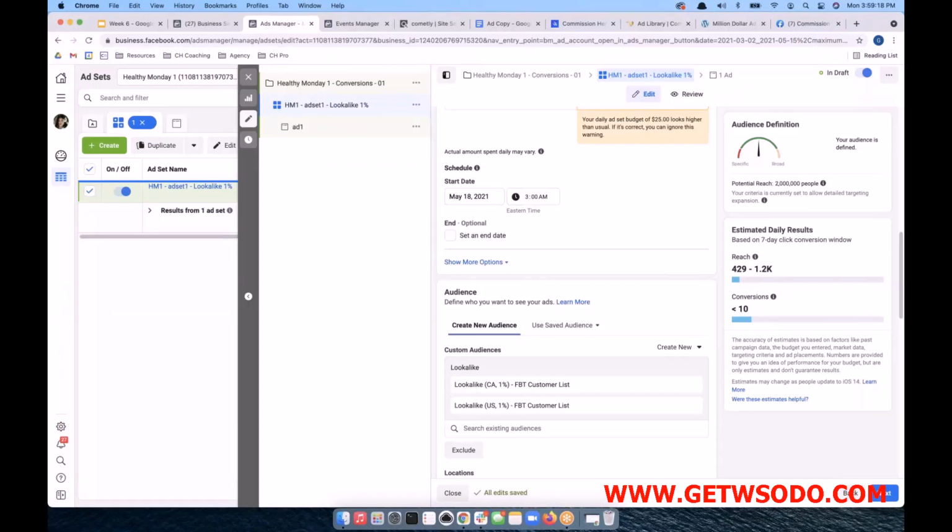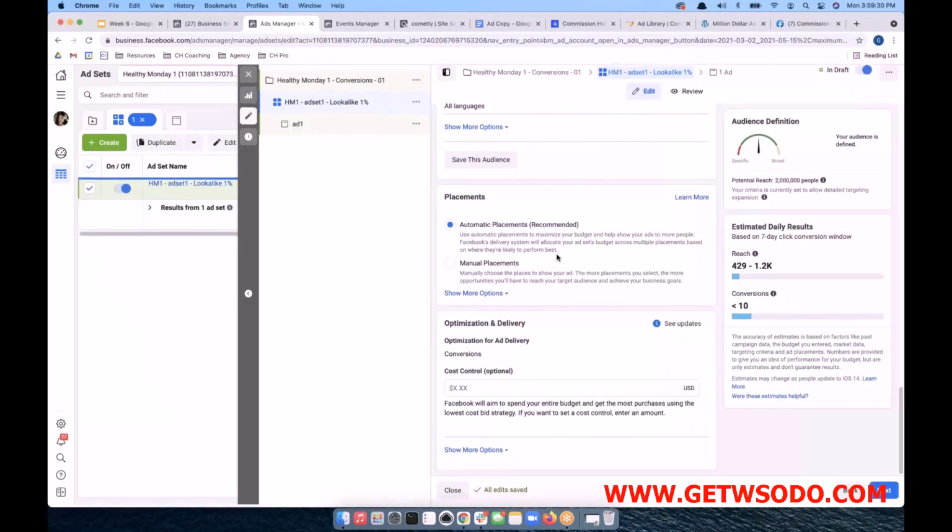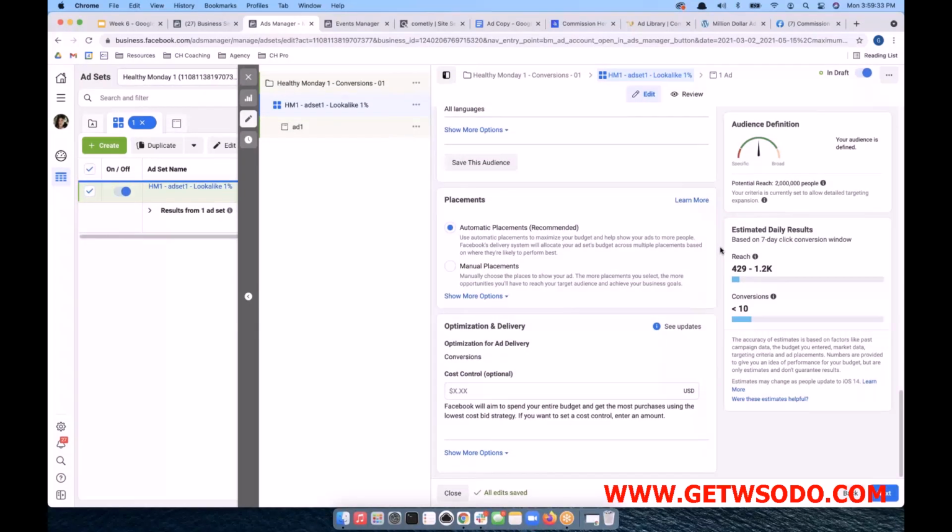A couple things too on the placements, right? So when you're launching a new campaign and you're testing out your ad copy and your creative, scroll down there, Grant. It's good to start off with automatic placements. When you do get it dialed in and you have winners that are working well, then you can switch over to manual placements. And I've made a video about that in Commission Hero. You can search for that. It's all about manual placements and that best setup. Typically at that point, you'll want to do